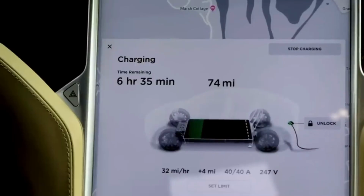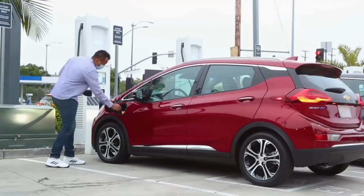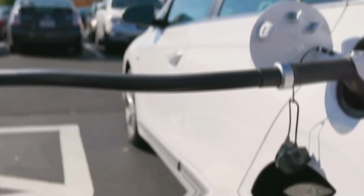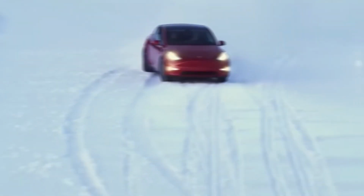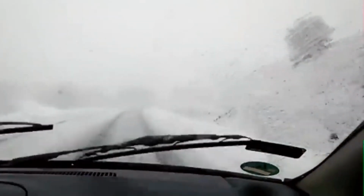Maintaining the right tire pressure is super important in cold weather. When it's chilly, the air in your tires can shrink, causing them to lose pressure. This might not seem like a big deal, but it can make your electric vehicle work harder to move, using up more energy. So basically, preparing your EV for cold weather involves a combination of preheating, thoughtful charging, and smart